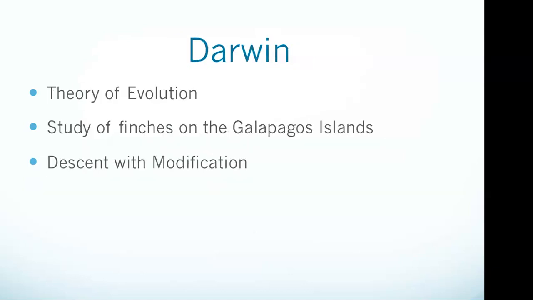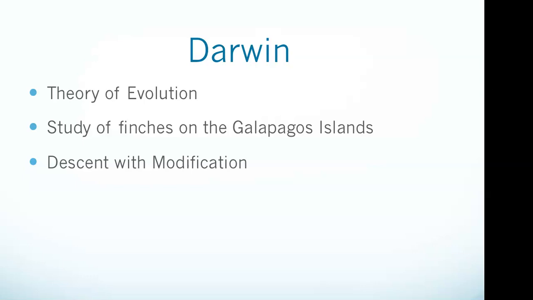Okay, so we start off with Charles Darwin. The theory of evolution is most accurately described as an overarching explanation supported by much evidence for how populations change over time. Darwin studied and is known for the study of finches on the Galapagos Islands. These finches were originally from the mainland and then found themselves on the islands where different food was available. The finches had to adapt to eat the new foods to survive, resulting in the change of many of their physical traits in order to better adapt to their environment.